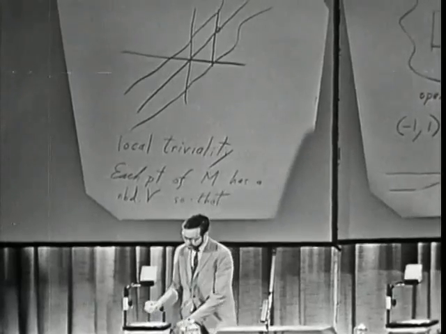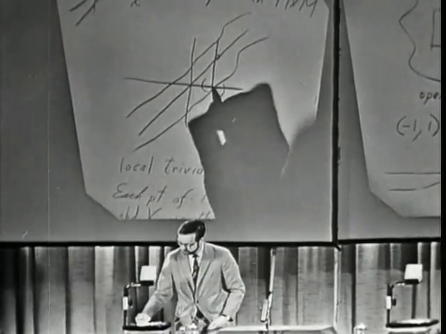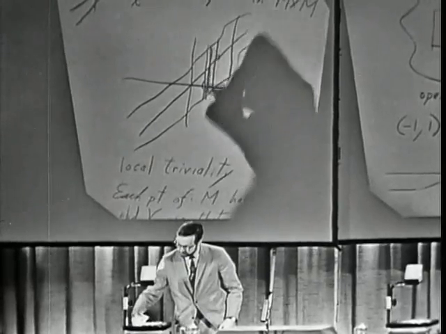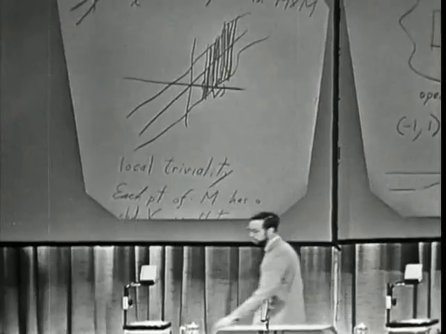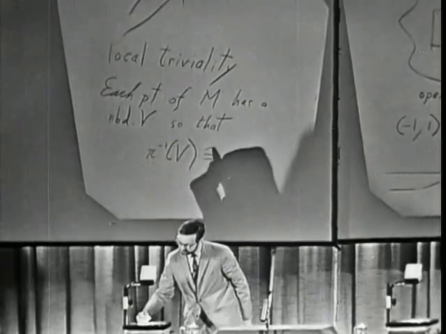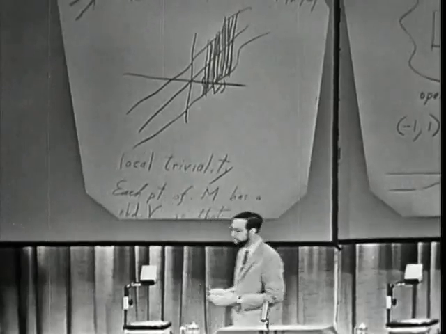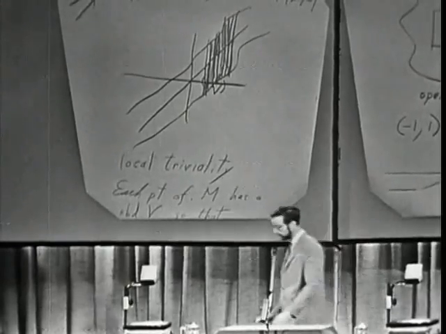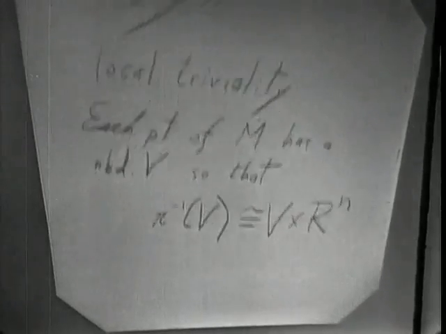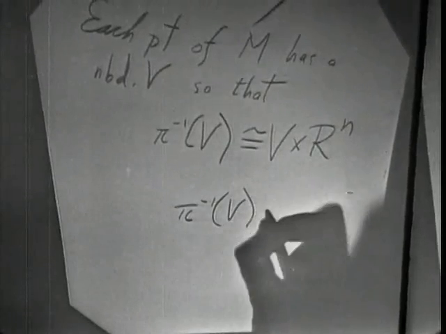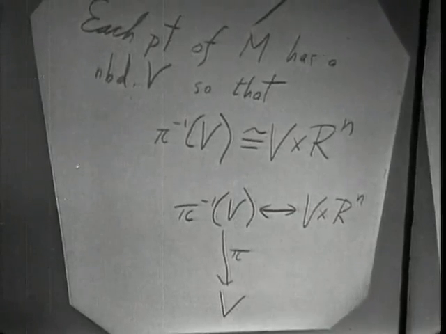so that pi inverse V, in terms of the picture, if we have an open set V here, pi inverse V consists of everything which maps into it. Some sort of slice of our picture like this. Pi inverse V should be isomorphic to the product of V and Euclidean space. Because we know that for each point of V, the inverse image is a copy of Euclidean space, but we want these copies of Euclidean space to all fit together nicely so that the inverse image is isomorphic to the product, and this isomorphism should have special properties. That is, if we look at pi inverse V corresponding to V cross R^n, then we have pi mapping this down to V,